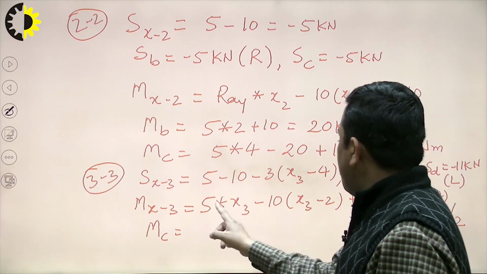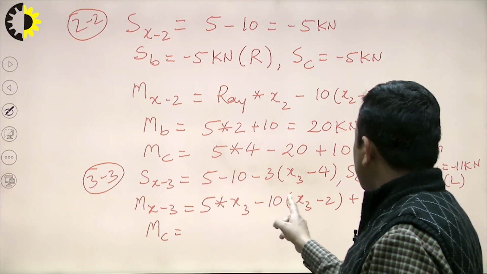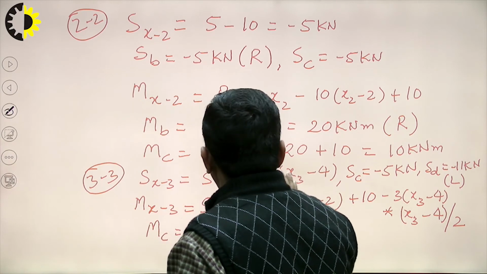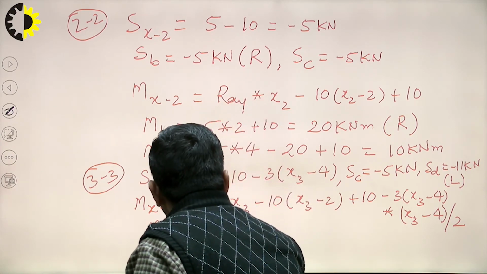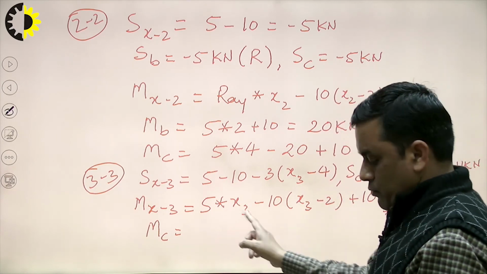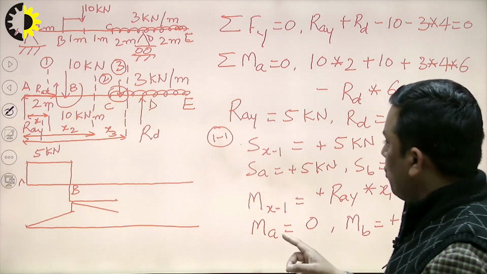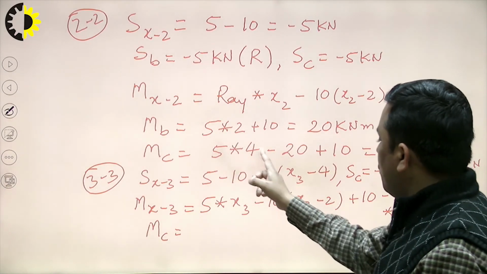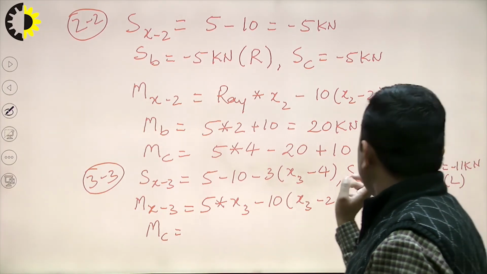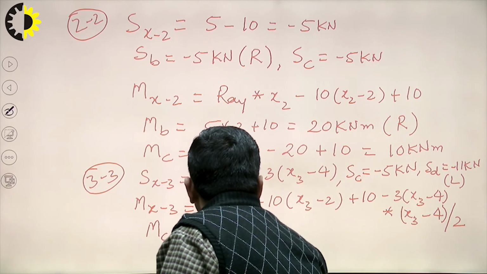Okay. Now, it becomes 5 into 4, 20, plus 10, 30, minus 20. So, it is coming out how much? How much is the value? For point C, x3 is 4, na. So, 5 into 4, 20, 20 minus 20, 0. So, it is 10 kilonewton meter. It is coming out for point C, it is 10 kilonewton meter, and for